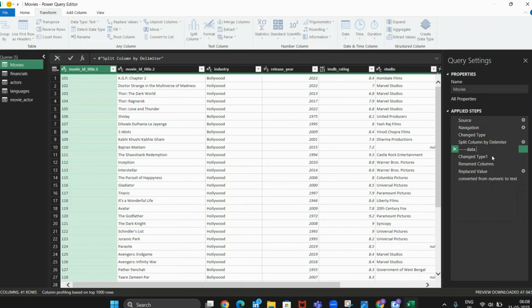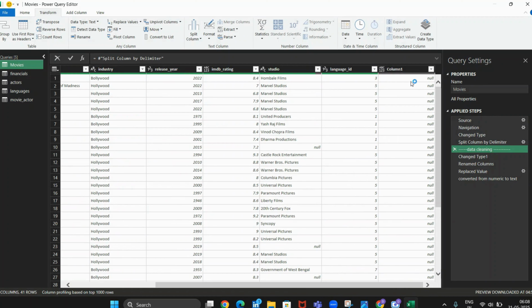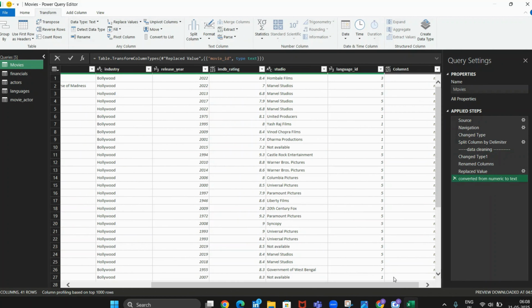For example, data cleaning part. Okay, data cleaning. You can keep it like this by using appropriate names. The people who are going to work after a couple of days will be able to understand whatever you have done earlier. Okay, so this is the best technique you can use. And as well as, okay, now,